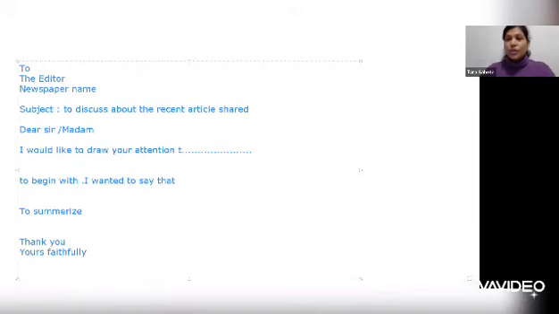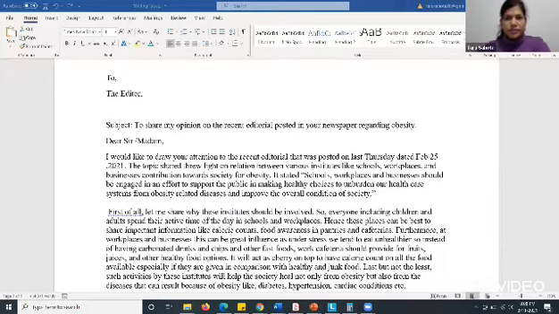So make sure you do this first, and then of course you'll have to fabricate the whole information, and you have to be more creative and try to make the reader understand with the scenario whether you're talking in favor or against. So let's have a look at this letter. Okay, so let's have a look at this letter over here.